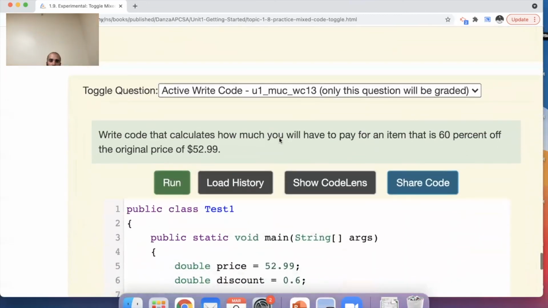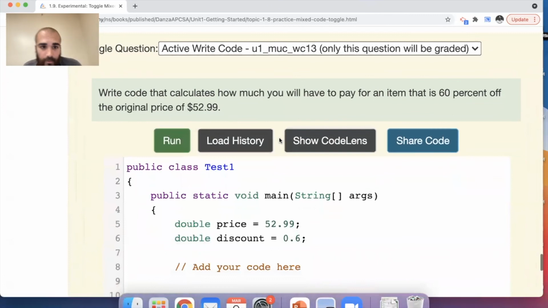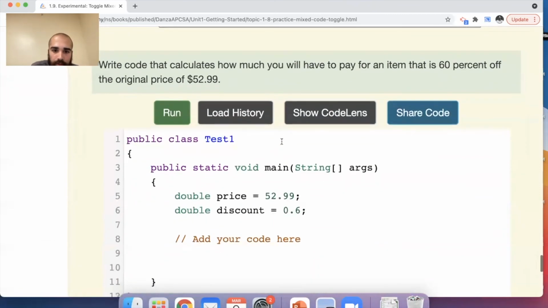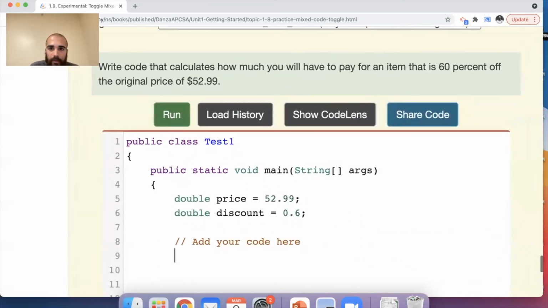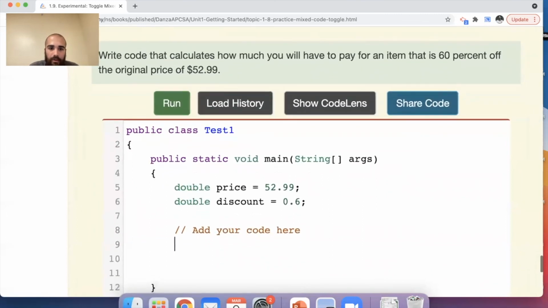Passed. Move on to the next one. Write code that calculates how much you will have to pay for an item that's 60% off the original price. Okay, what's the catch? All right. Calculate how much you pay for an item that's 60% off the original price. All right, so I'm just gonna say,